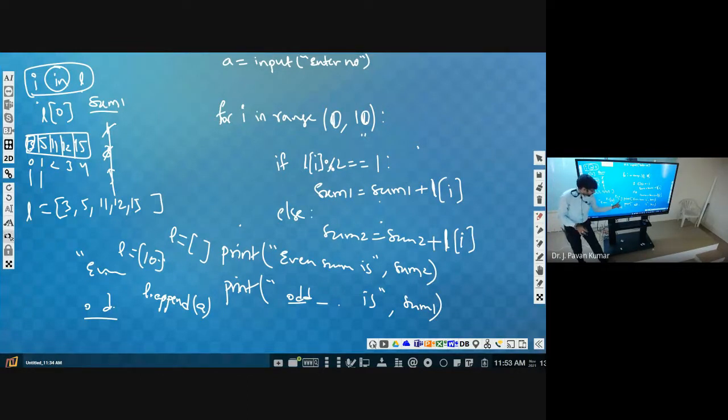Then it will identify this L as a list, so that we can use L dot append. Got it?